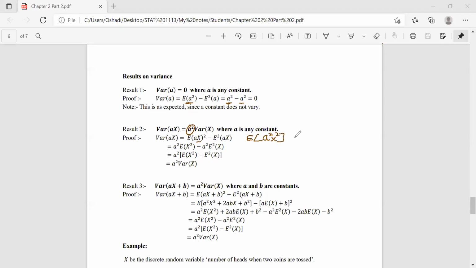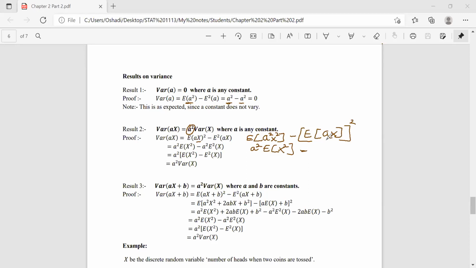Right? Minus the expected value of AX, the whole thing squared, right? So since A is a constant, A squared is also a constant. So this can be written as A squared times the expected value of x squared minus,